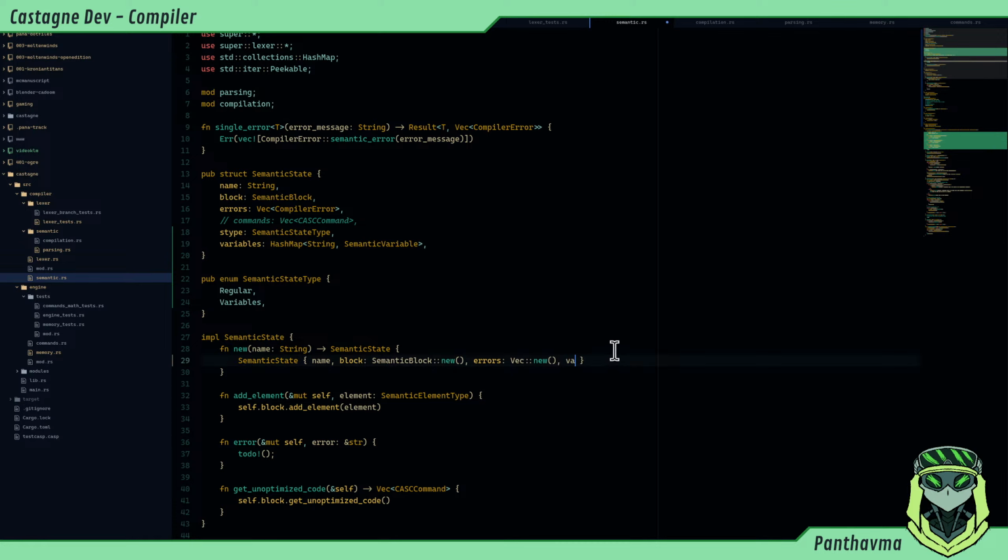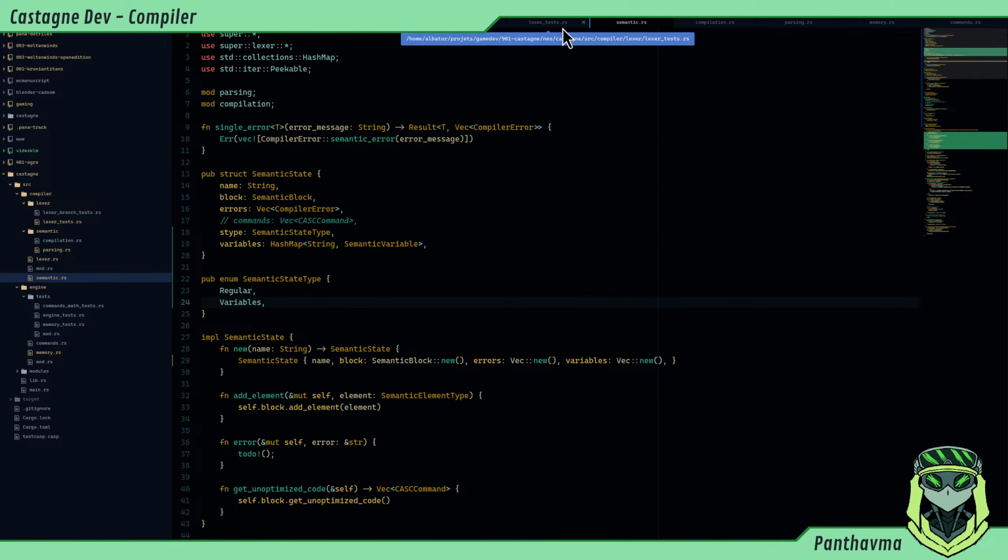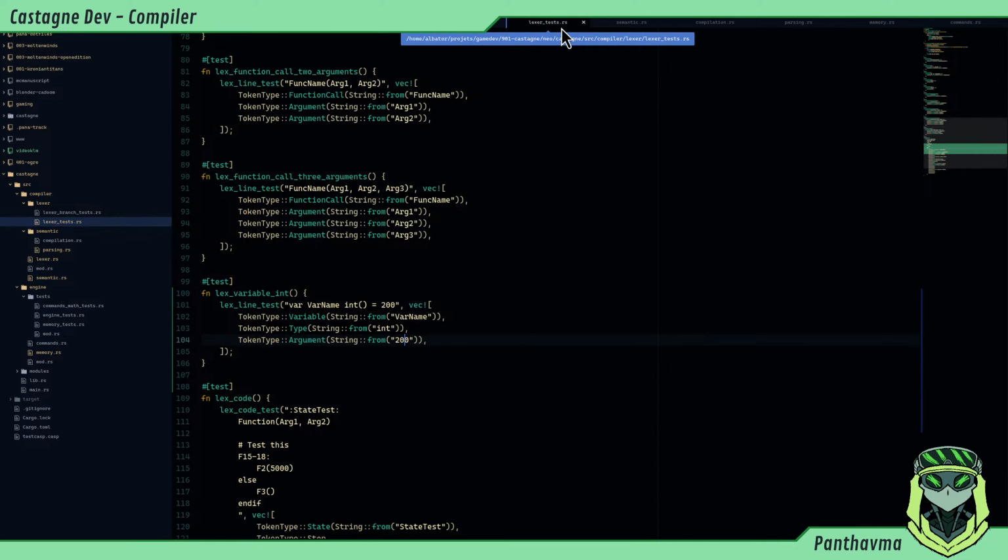Yeah, it's variable, Vec new. Good. And then from that we can get the